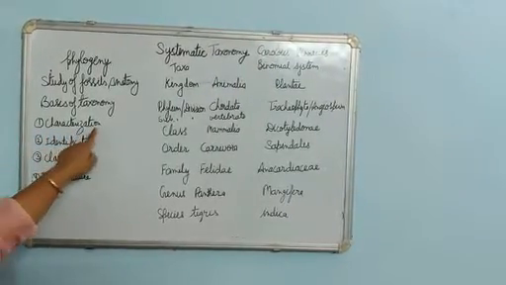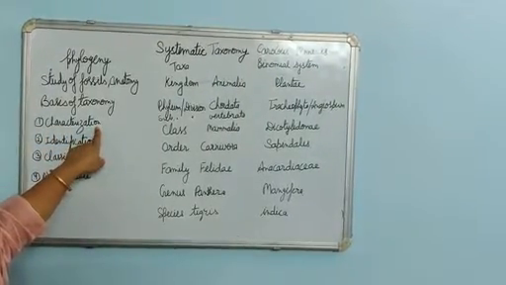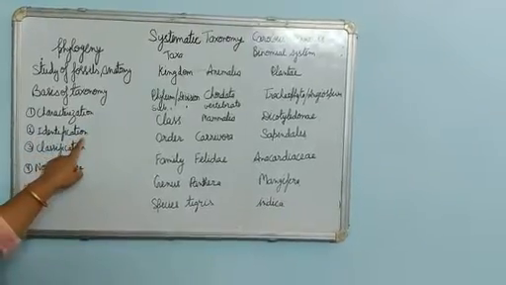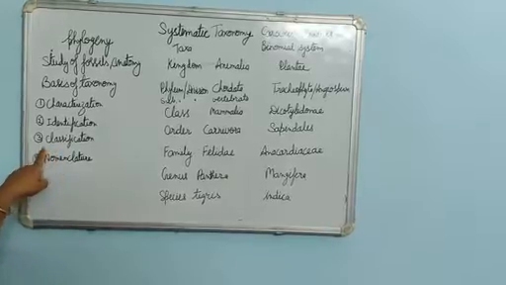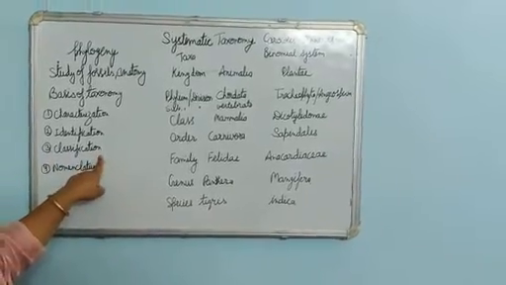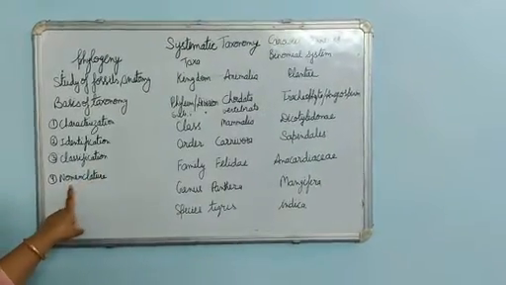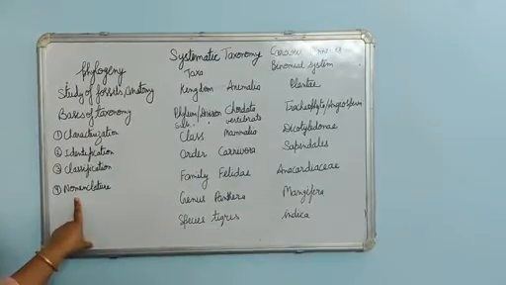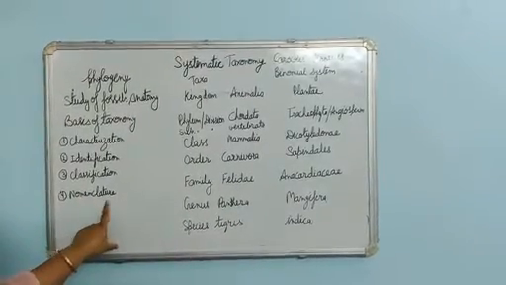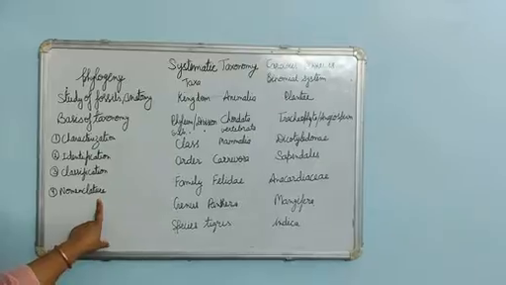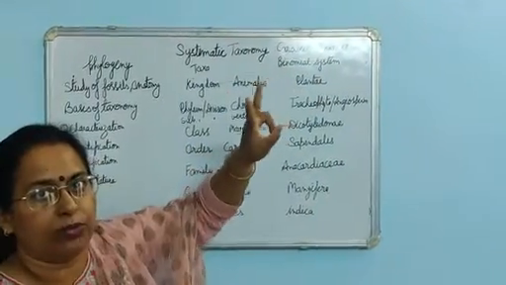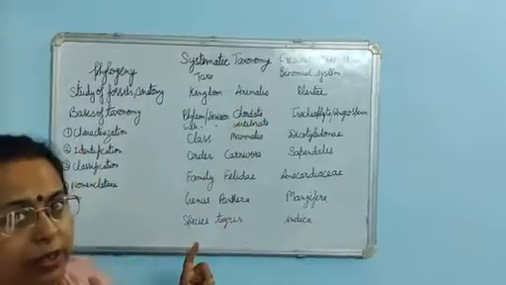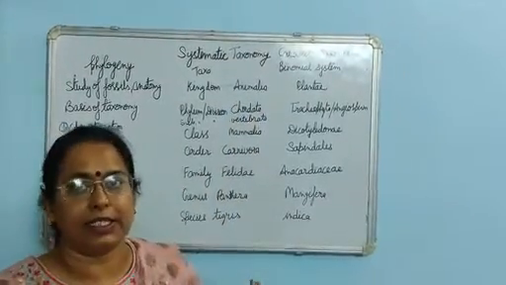First is characterization. We will study the characters of the living organism. Then identification. We will identify to which category it belongs, and then we will do the classification. After doing the classification, we will give the name to the living organism, that is known as nomenclature. The name is given in a binomial system, where bi means 2. Two names are given, just like we have a name and a surname.